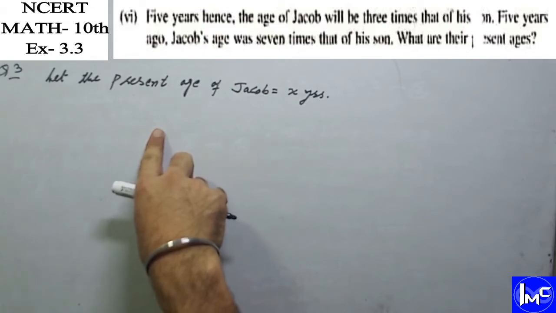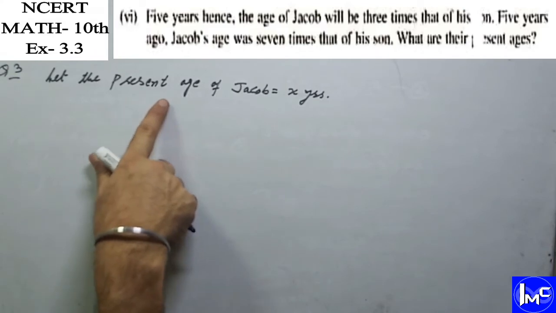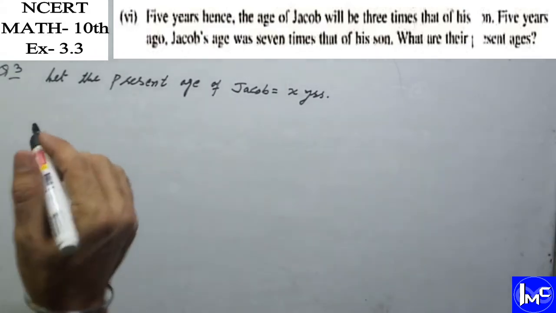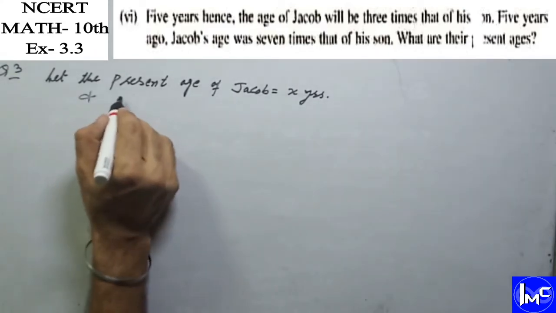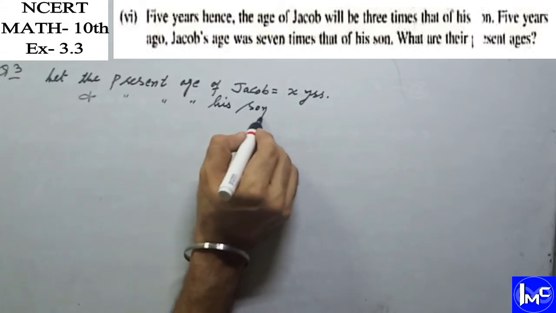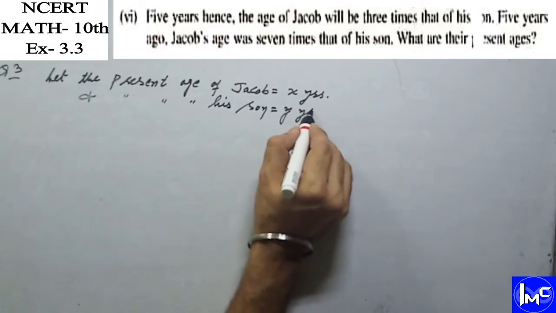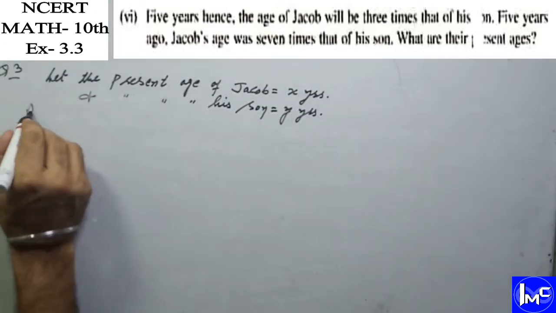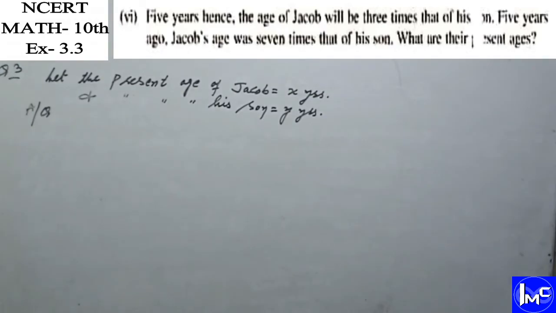We will always suppose the present ages of the required persons. So let the present age of Jacob be x years, and the present age of his son be y years. And now our first condition is 5 years hence, meaning after 5 years. These both conditions are same. If they say after 5 years, after 10 years, or 5 years hence, 10 years hence, then